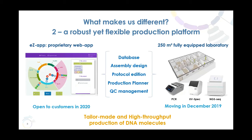So what is different as well in what we do? We rely on informatic tools, of course, that we developed over the years, which starts with a nice vector drawing platform we just launched last week, where everybody can connect and create vectors in silico by just dragging and dropping sequences from our database or from any sequence you would paste in your own database online on the platform. And this is the first step for us to actually know exactly what the project is about, what the different molecules to create are, and also the software will compute all the sequences once the project is validated to create automatically all the protocols based on the different reaction mixes we use and different protocols we've actually